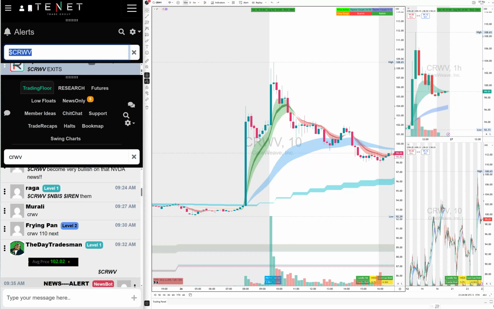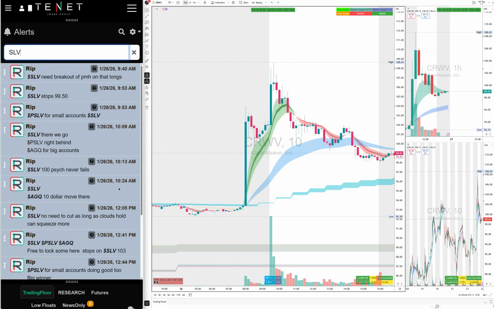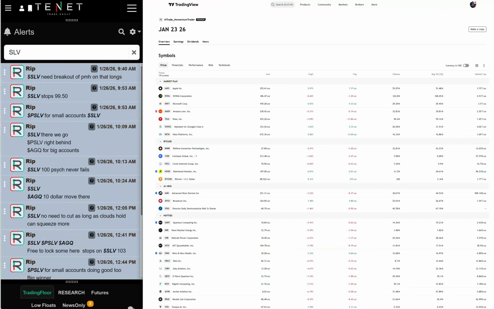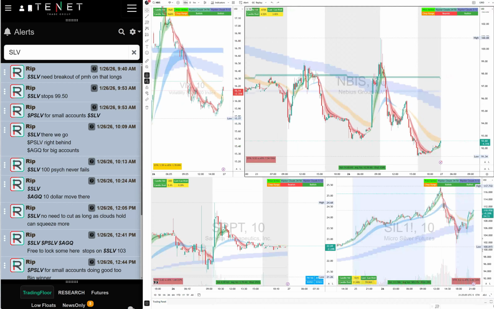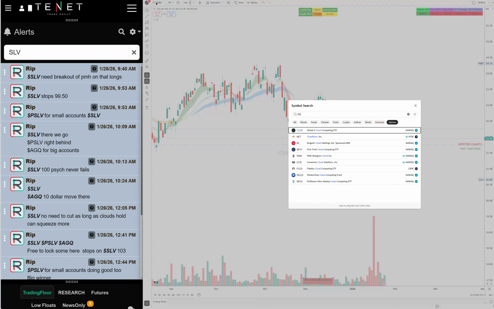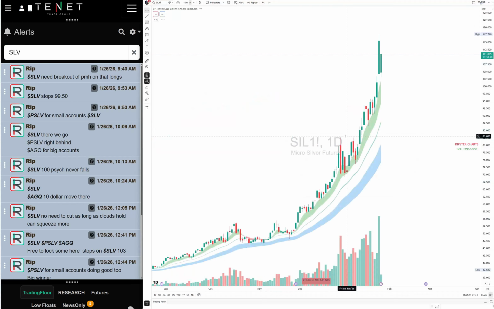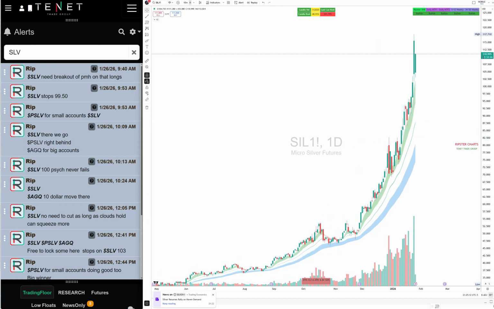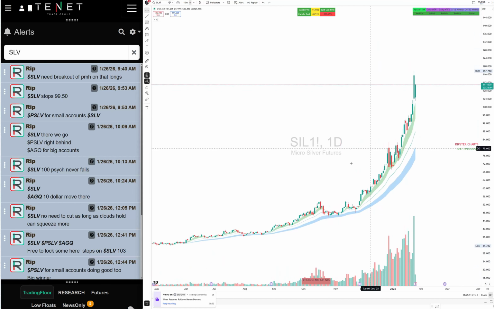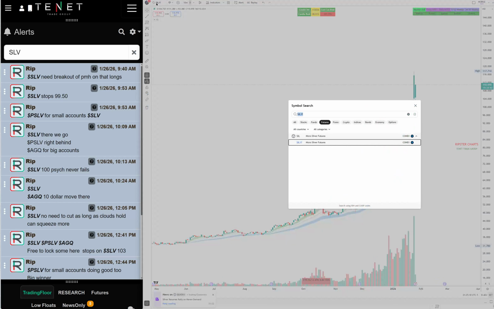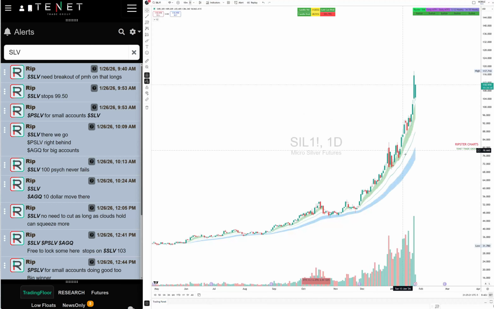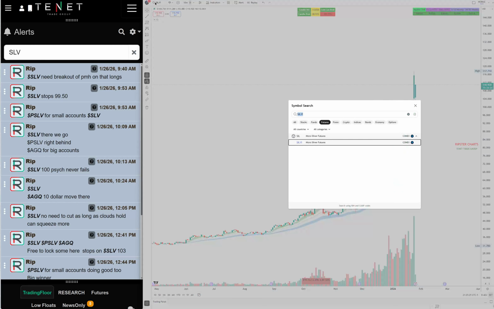All right, so let's look at the next. We're going to look at silver and AGQ. Silver. So as we know, let's look at the daily chart first here on silver. This is silver futures. So we're going to look at the silver futures first, and then we'll go to that. You can see that it's been straight up for months. Just this year, and on this month only, it's been up huge, just an insane move, right?